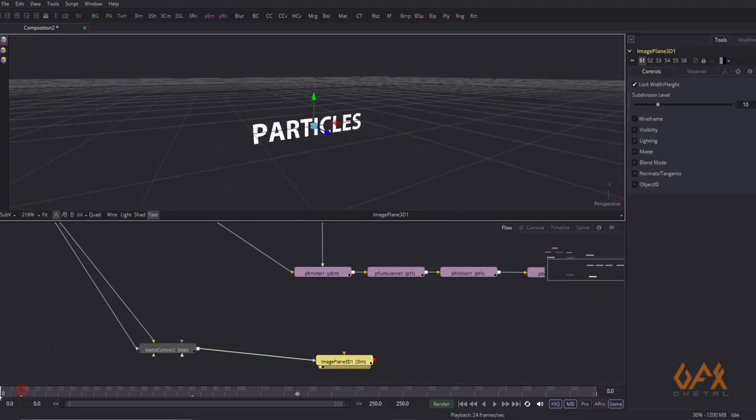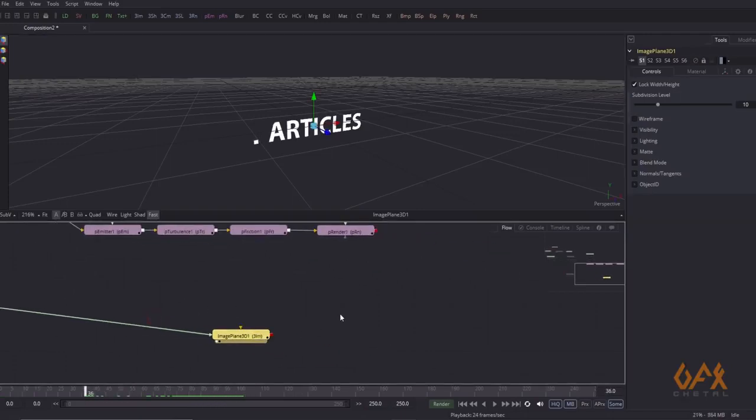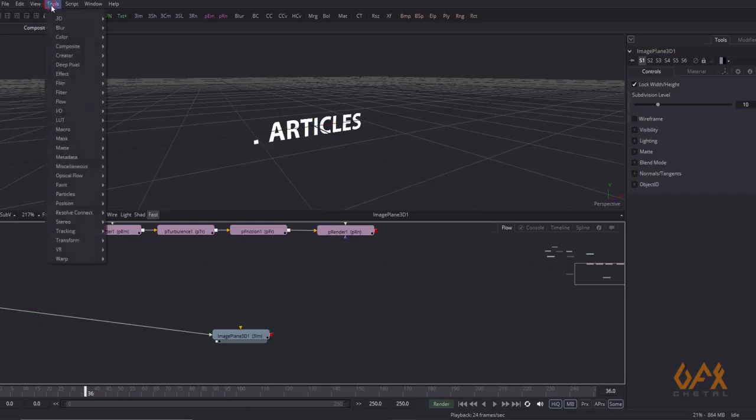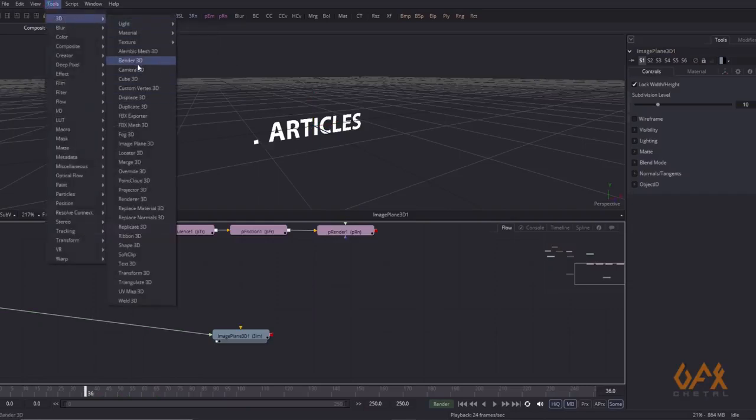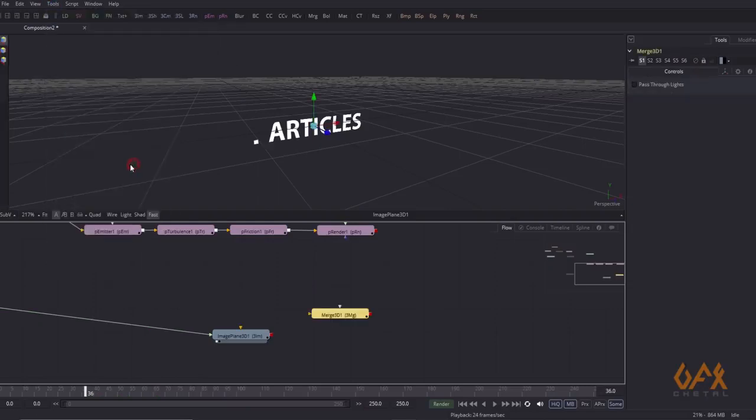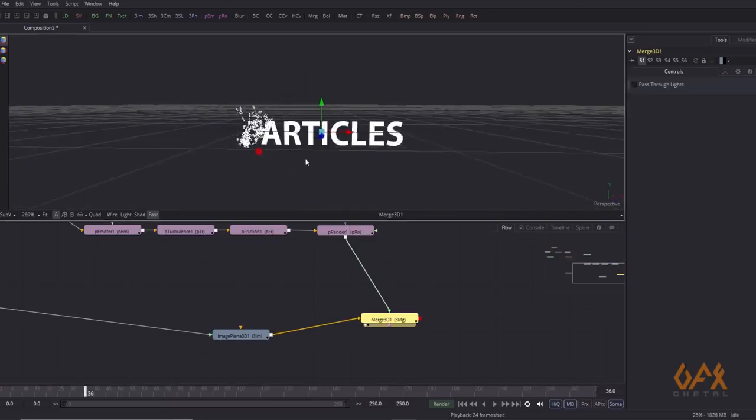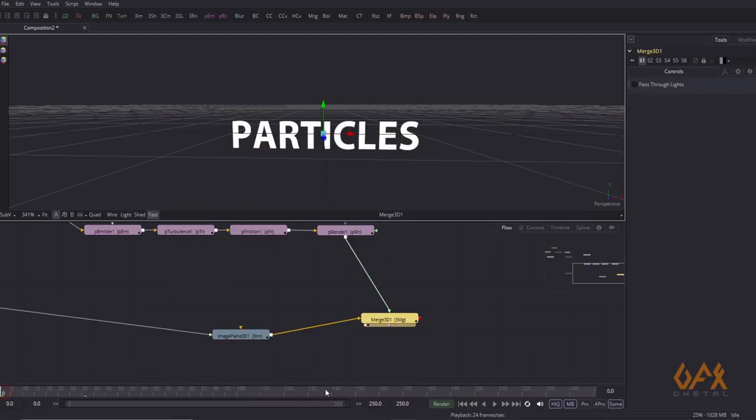So now it looks like this, and now what I have to do, I create one more merge 3D node. I set this image plane as my input 1, this as my input 2, and now you see over here it looks like this. Now if I play it,